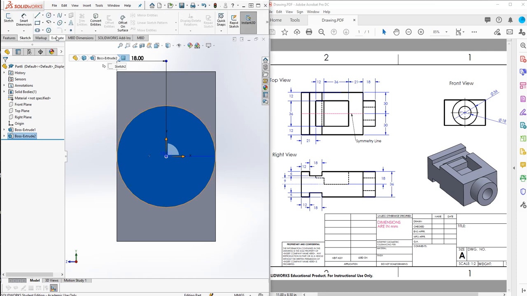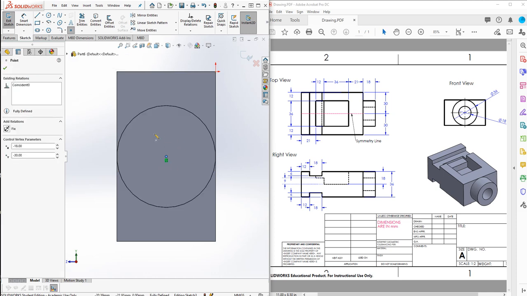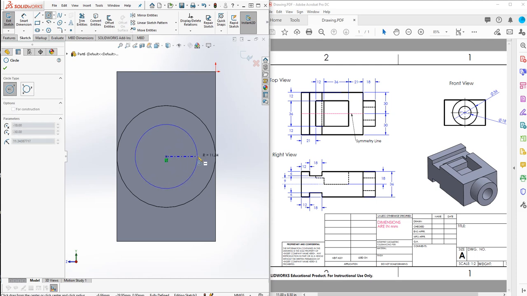I'm going to click on a sketch and click on point again. If I move my mouse, I can find the center of this face. For example, it is automatically found by SolidWorks here. When you see this point, this is the center of this circle, and click at this point, it is a new point, and then again click on circle. The center of circle is here, and create another circle,